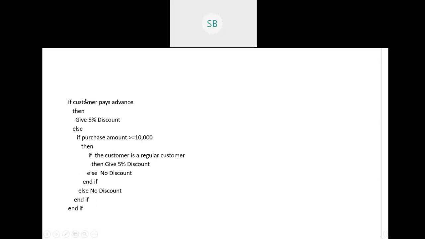And the last one, this entire thing, we need to close it because we started this if, so we need to end it here. See, in normal C programming, you represent the blocks using curly braces, right? But here we are representing them using the end if statement. So that is the difference. Now clear?